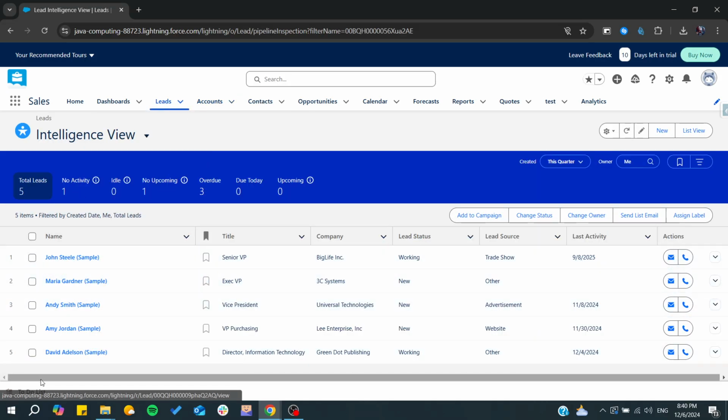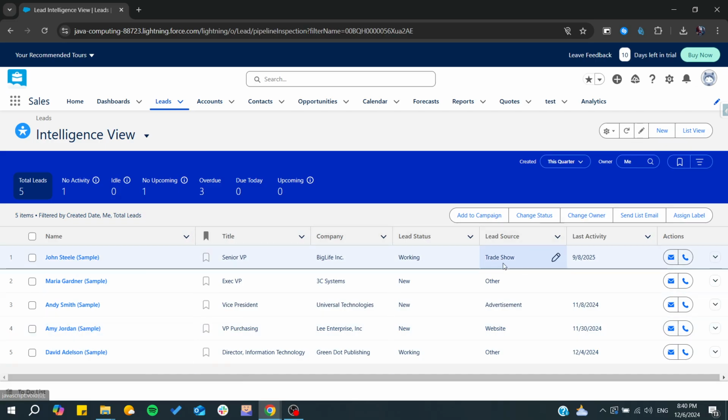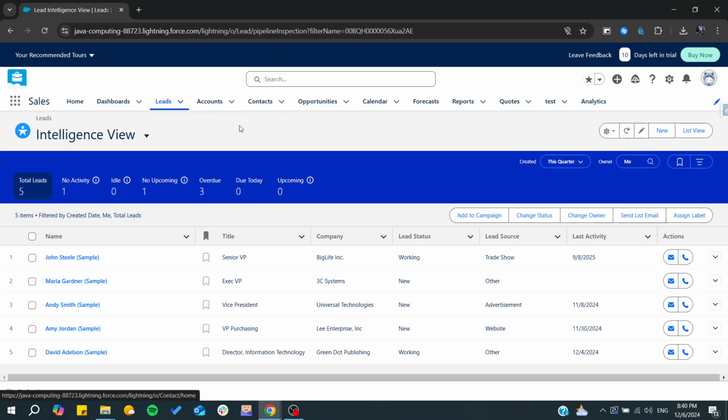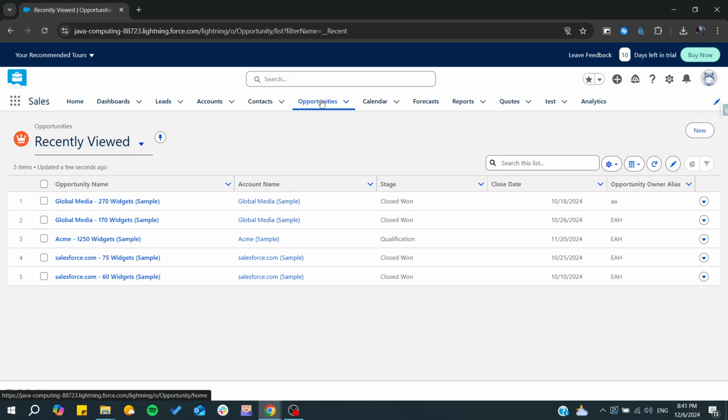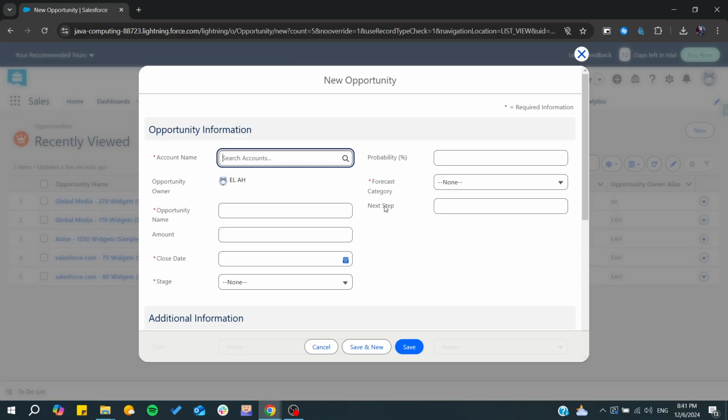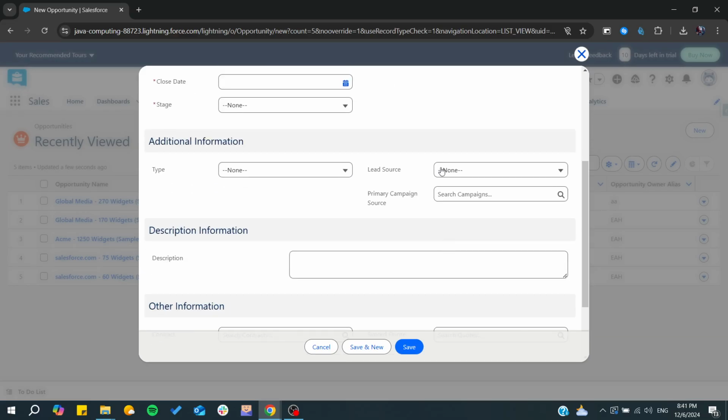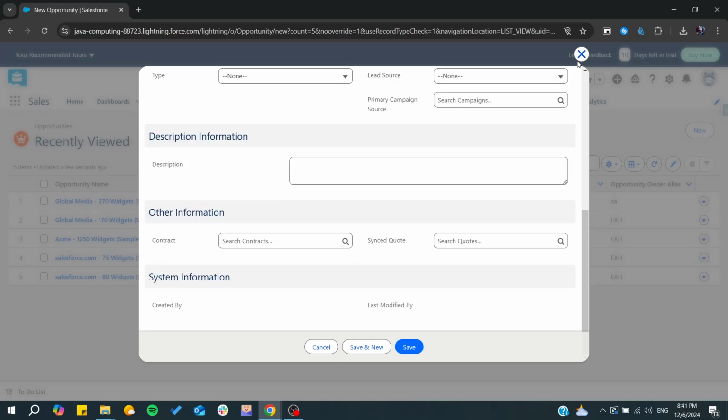From here you can start creating leads, and it will concern some lead source, which would be some accounts or contacts, and you can start creating your own leads. Now when you create your own leads, you can convert them to opportunities. Basically, you can simply go to opportunities, and you can start creating again by just clicking New, and you choose the lead that takes you to this opportunity, and you start filling in the information, and you can